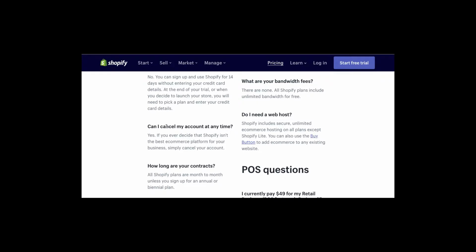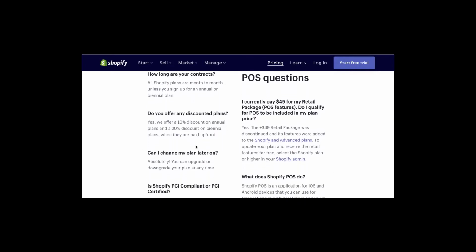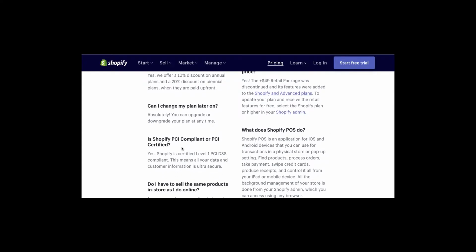Yeah, you can cancel your site at any time, and whatever work you do obviously is gone. There's no contracts, they're month to month. Discounted plans based on if you pay annual. Change your plan later. Yes, Shopify is PCI compliant, so you don't have to worry about